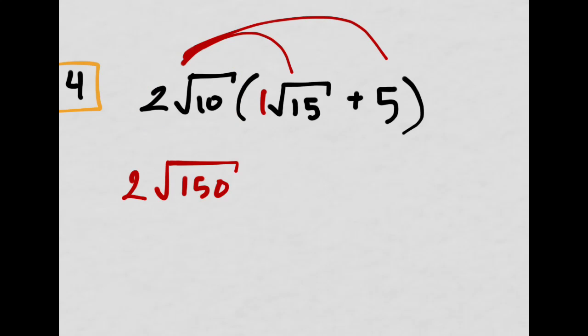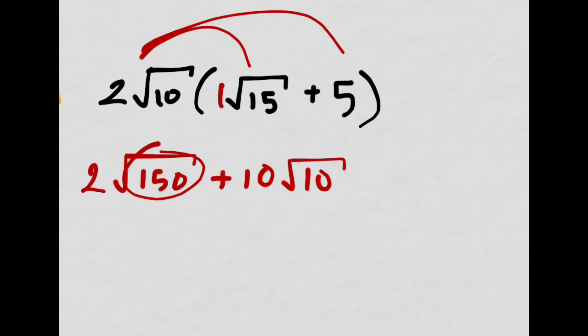And then multiply this. Well, just multiply the outsides. 2 times 5, that's 10. So plus 10, and then keep the square root of 10 there, right? Okay, so then what have we here? What do we do? Well, we try to simplify. I'm going to take the 150,